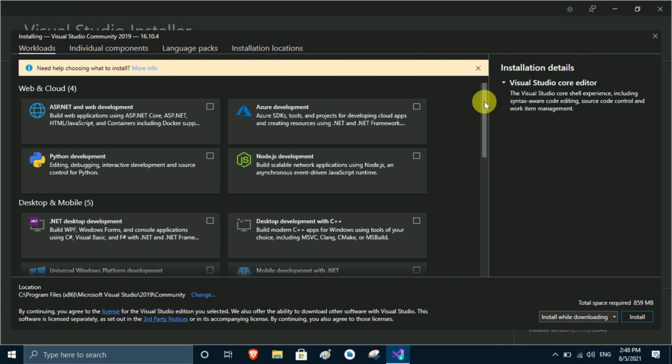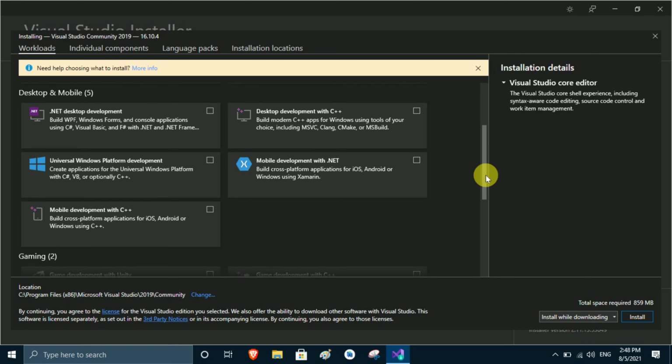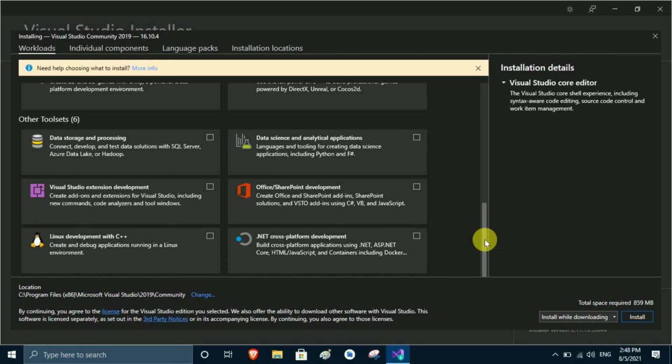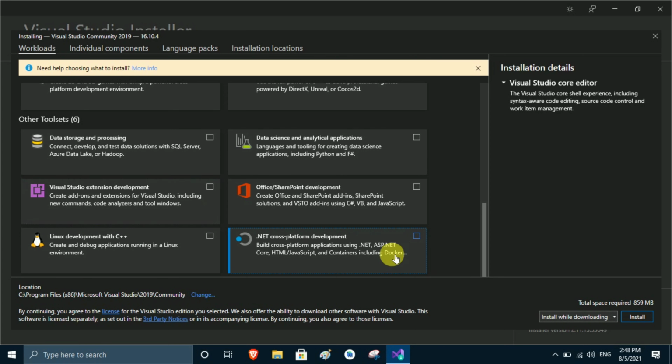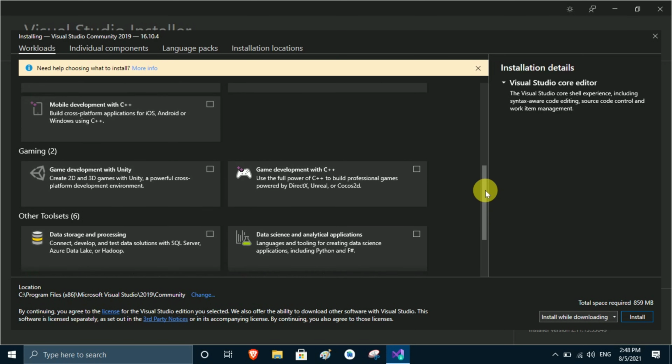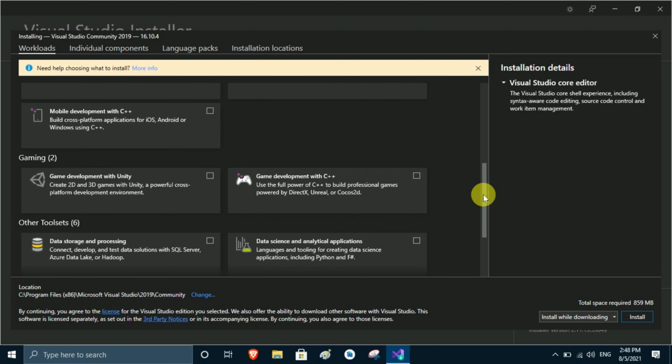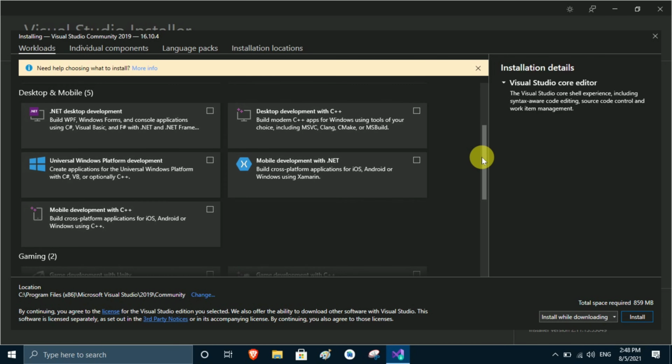So we have to choose what we have to install. I scroll down and here you see other tool sets are given but we don't need these, so I scroll above and here you see for gaming purposes it is given, so we scroll.